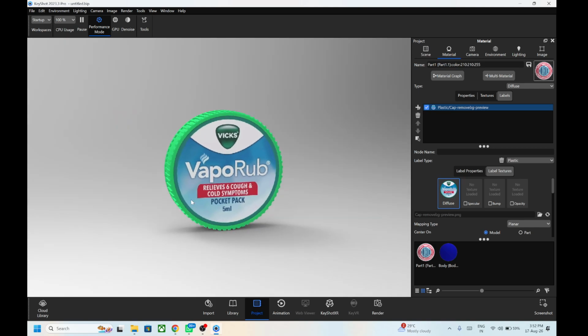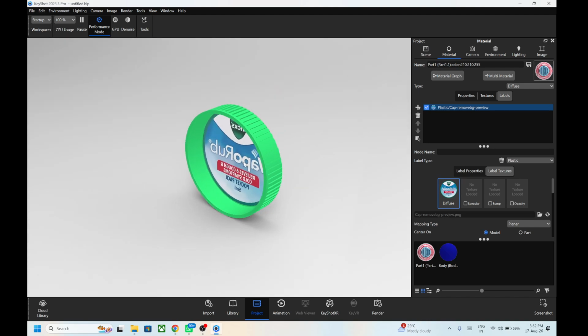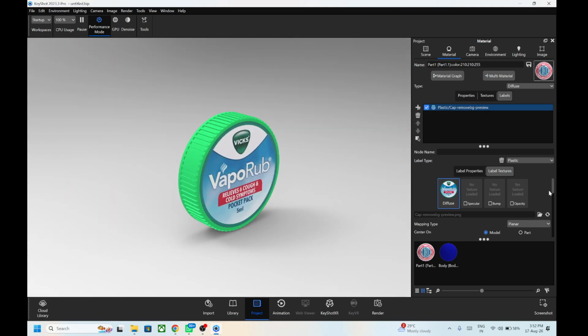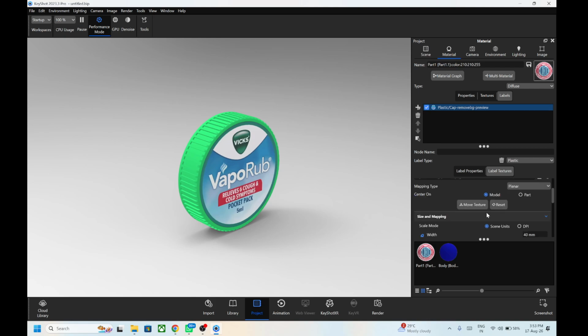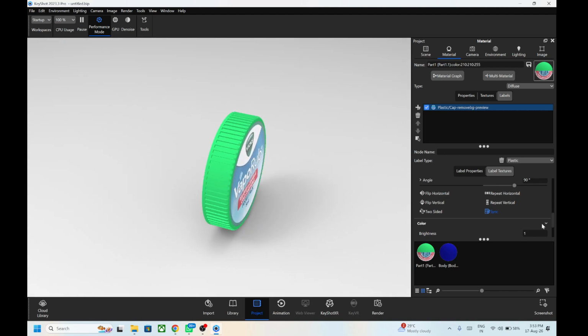One thing you have to check is whether that background is coming on the backside also. So you have to remove this backside mirror image. For that purpose, you have to go over this option over here, in label only, in that size and mapping. Size and mapping is closed, you have to open that, and in that you have to remove the two-sided option. Okay, so it will be only on one side, and you can increase the depth of your print